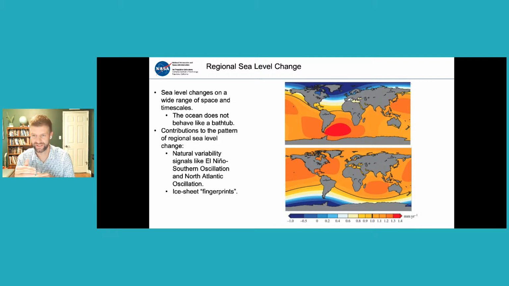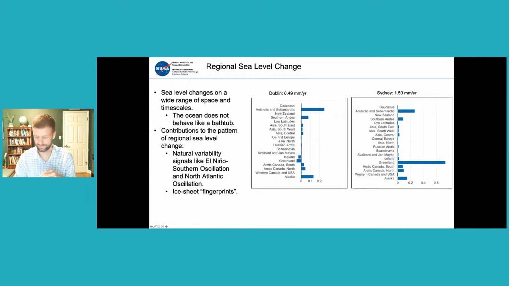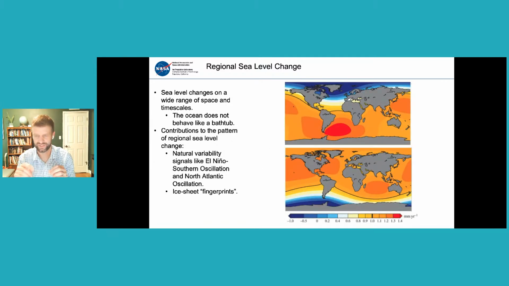So this top panel is the fingerprint for Greenland. The bottom panel is the fingerprint for the Antarctic ice sheet. If you look at that top panel, and these blue, let me go back, these blue values are actually negative. So in the area immediately around Greenland, where you're losing ice from, you actually get a sea level fall. And the reason for that is because Greenland is now less massive. It has less of a pull towards it. Right now it's pulling a certain amount of water towards it just because it's so massive. It has so much of that gravitational pull. When it starts to lose ice, the water is no longer pulled as strongly towards it, and then the sea level in the immediate vicinity of Greenland starts to go down.